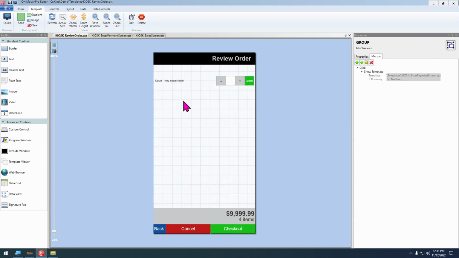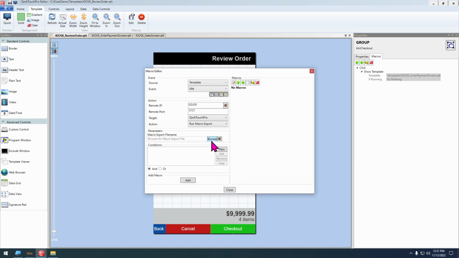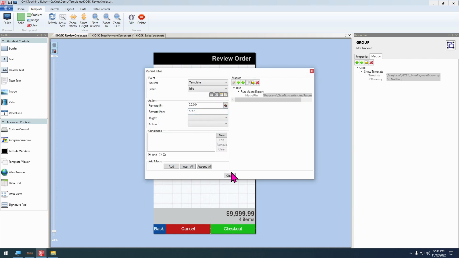If they sit on this template, again, if they get partially through the kiosk process here and they don't complete the sale, we just want to wait a certain amount of time and then start over. So we'll go to Template, Macros, Edit, Idle, and we're going to say QwikTouchPro, run macro export, and we're going to run clear transaction, return to start. Hit add, close that,